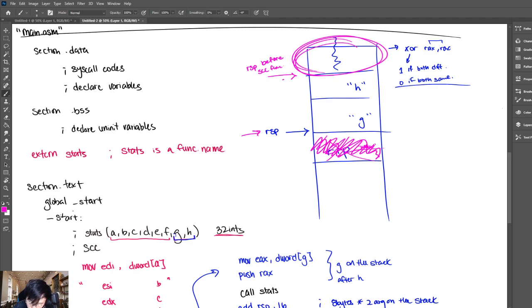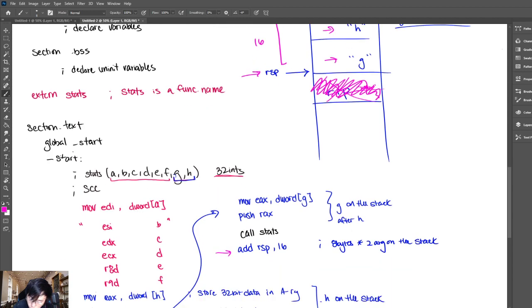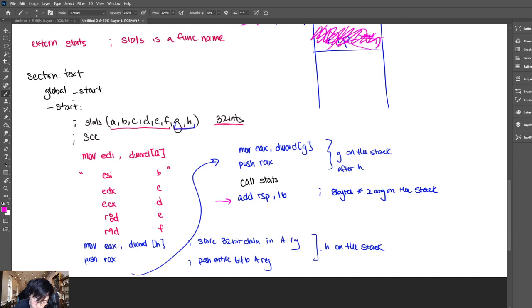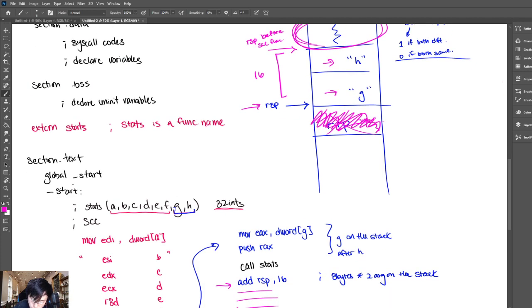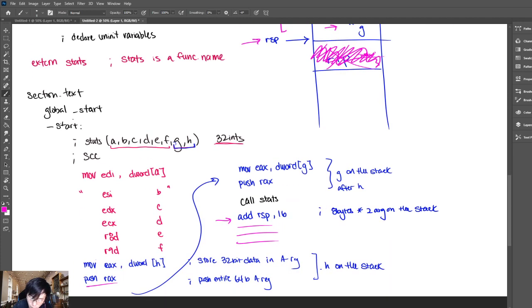But you'll notice that I am offset by 16 bytes because I stored these stack-based arguments. When I push them, I never pop them anywhere afterwards, which is why they're still on this stack. So in order to get back to my original starting point, I have to do this command to add